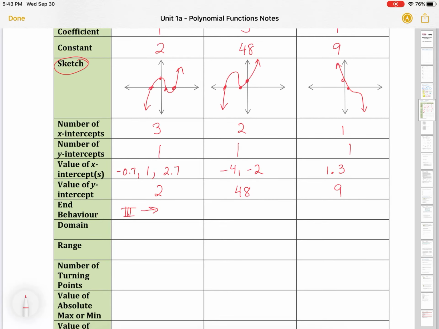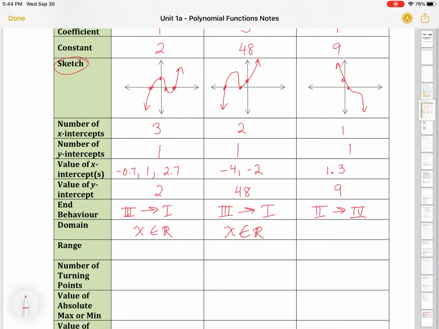End behavior. So this one here is going from 3 to 1. As is this one, 3 to 1. This other one, the negative function, is going from 2 to 4. That might be why. Domain,